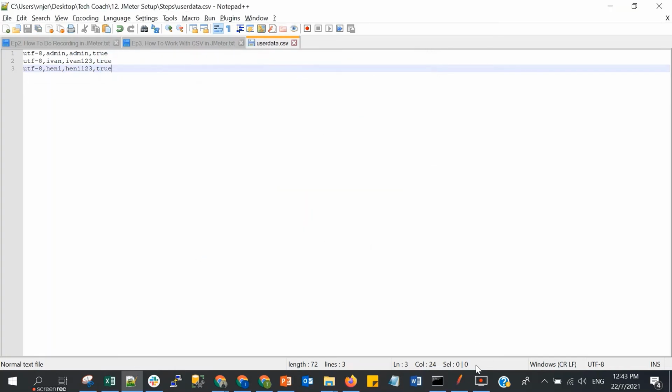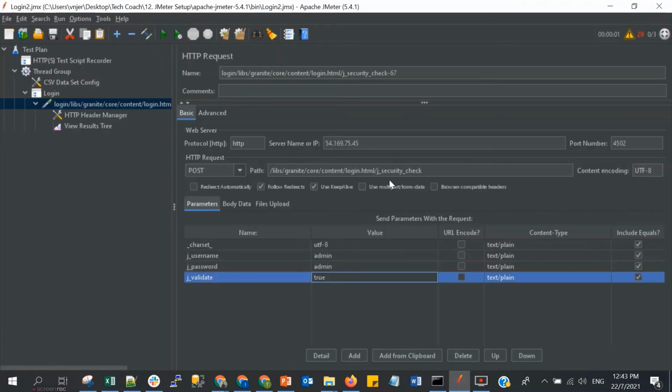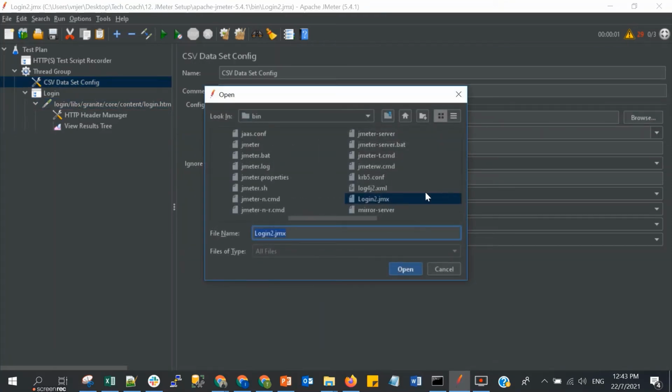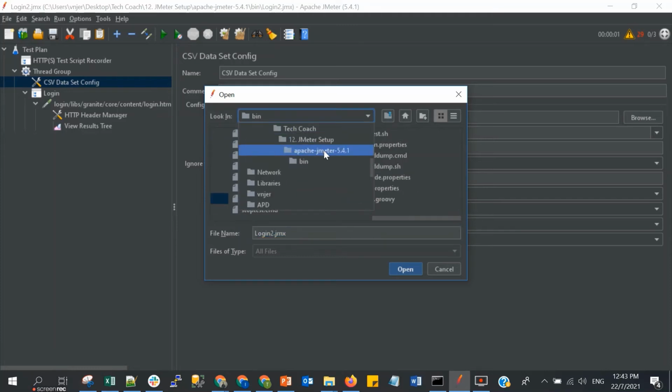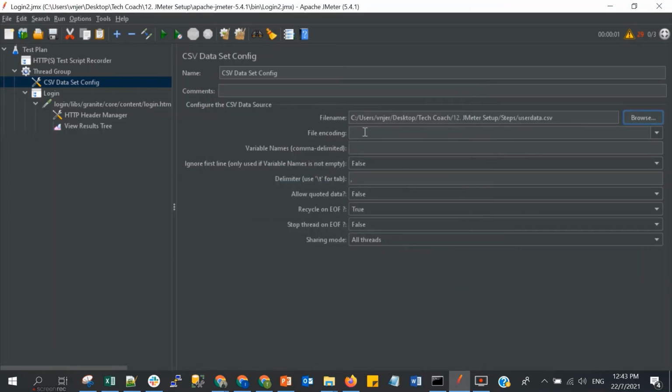Okay, so we have created the file. Let's put the variable names. So go to the CSV Data Set Config. Let's browse the file here. I put my file under here. Okay, this is my file. File encoding we don't have to put.